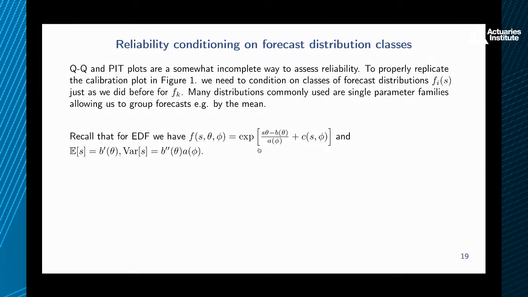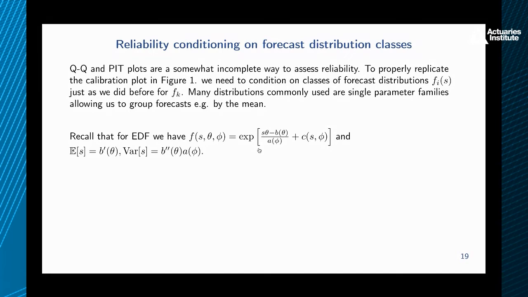However, generally speaking, these QQ and PIT plots don't really give you a full idea of what's going on, because they can mask conditional miscalibration. To really replicate the binary case, what we need to do is condition on different types of